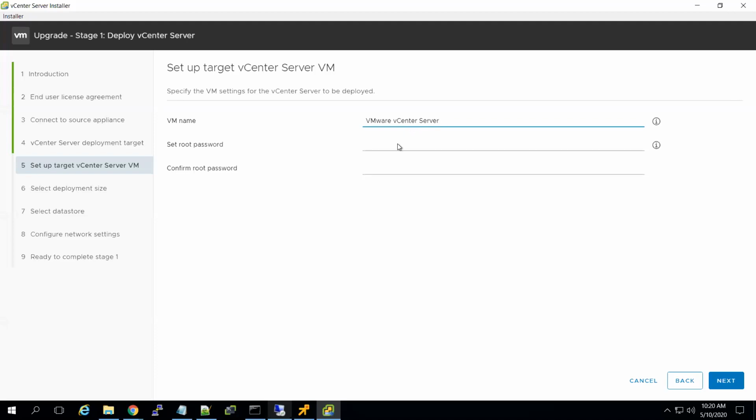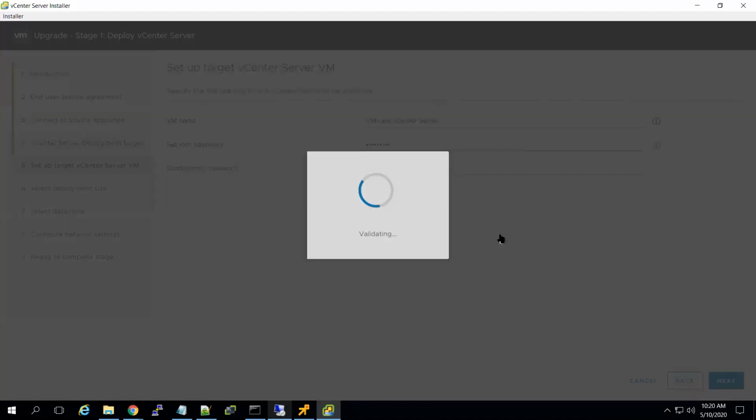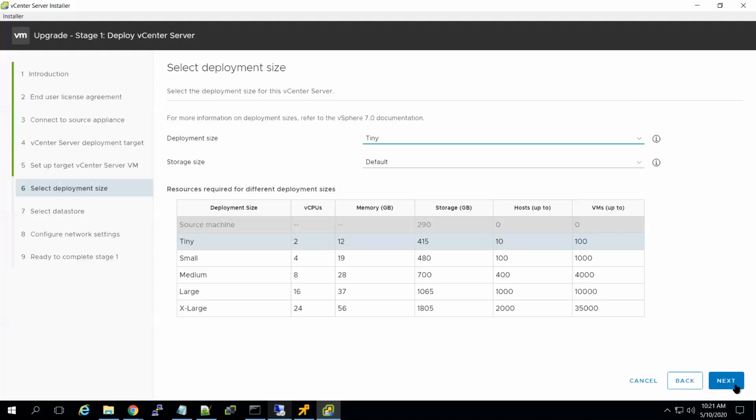Now the VM name and username. Root credential you set for the new vCenter. That is your appliance password. Go to next.